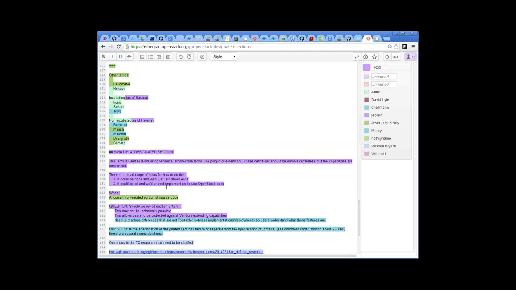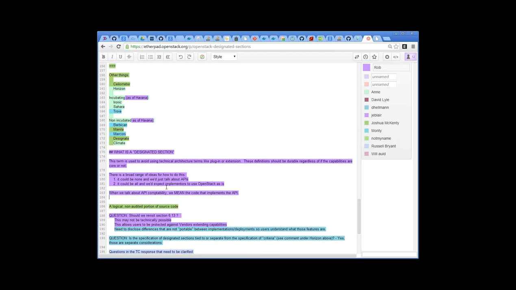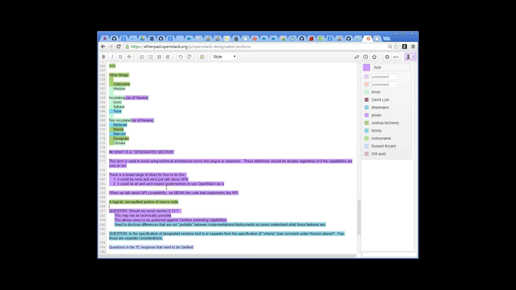So when you say that, are we talking about defining what the designated sections are based on the output, the binary, I think was your word, but what goes into that, or are we talking about listing files and things like that, or functions? I would love to keep it at the module level. I think individual files, we don't want to be so prescriptive that this becomes onerous either on the TC, the PTLs, or the vendors. We really need to keep this fairly lightweight and say, you all know if you're doing the right thing or not.